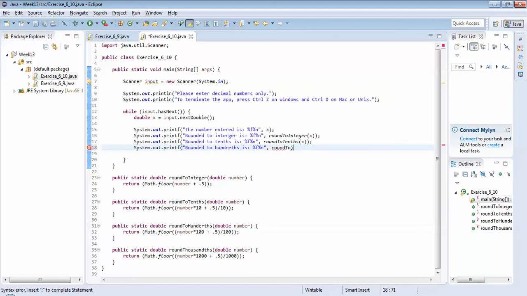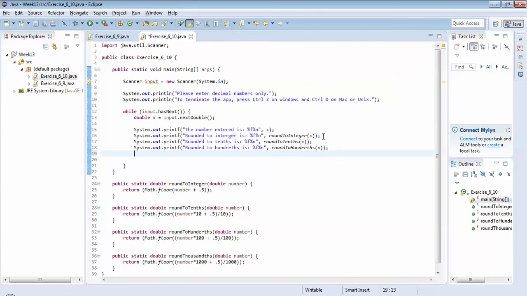I have a particular method which helps me round the number to the 100th position. And finally, I have another method which will help me to round the numbers to the thousands position, %f and %n,